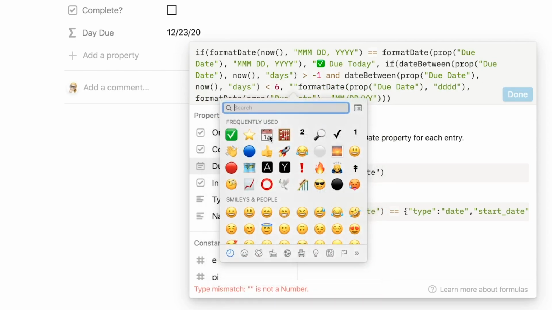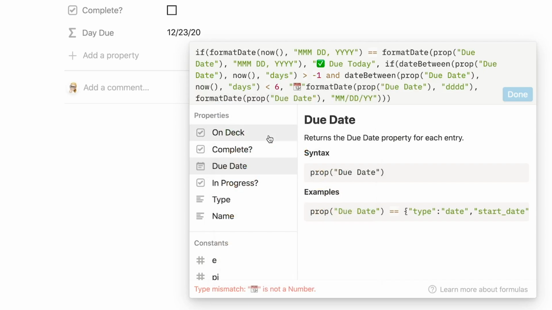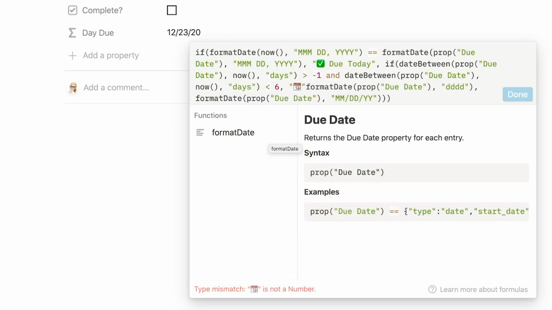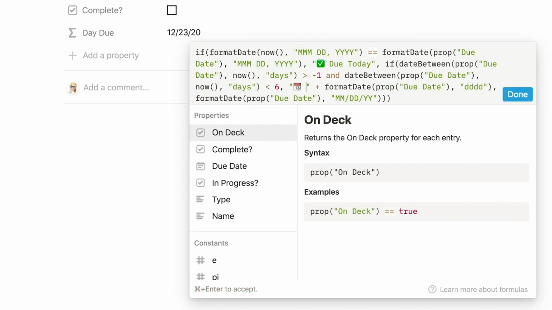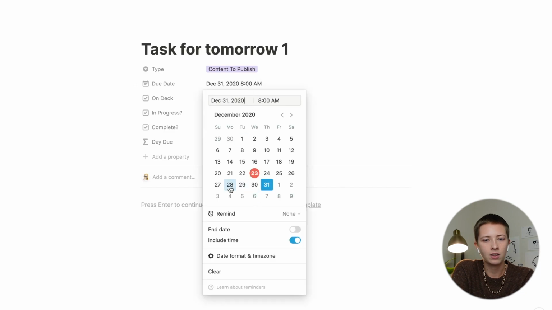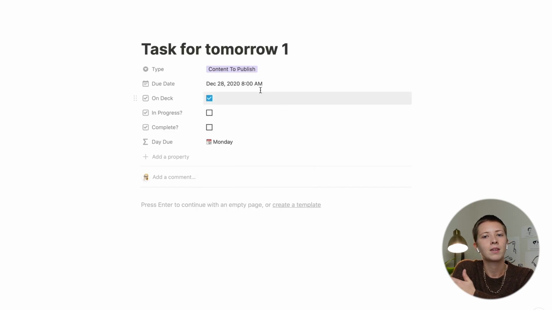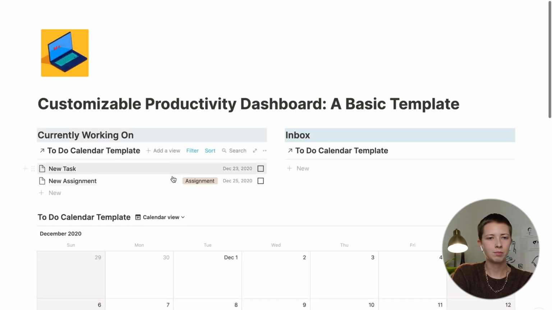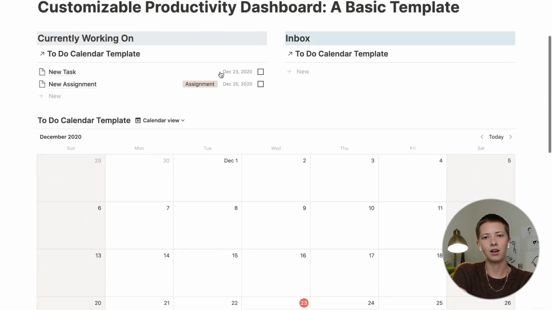And I'm just gonna go inside quotes here, a calendar emoji. I'm just going to do a plus sign, add a space after that emoji, and you'll see that if I click on the 28th, it will say it is due on Monday. Now the reason why I want this here is because inside of currently working on, instead